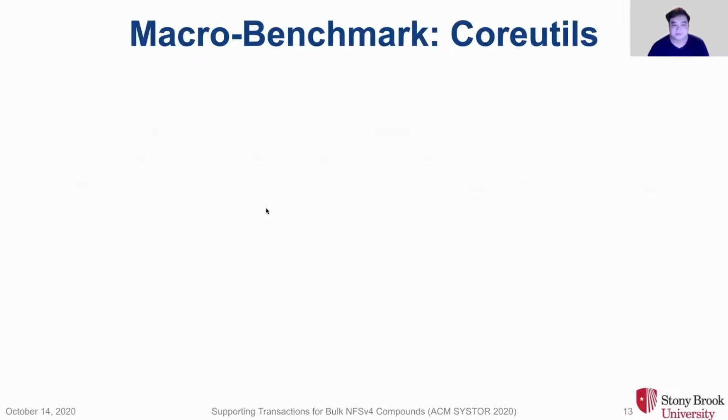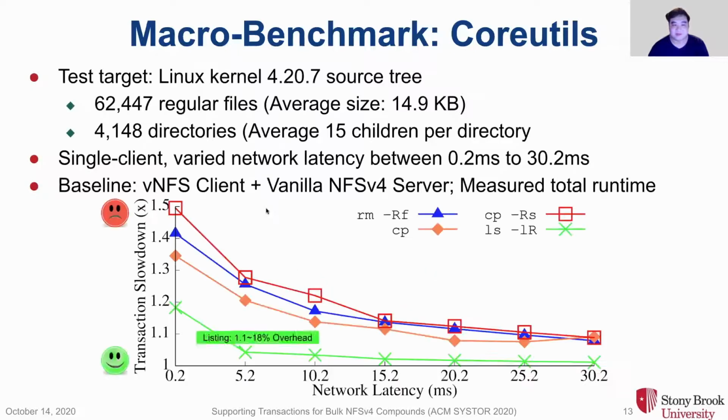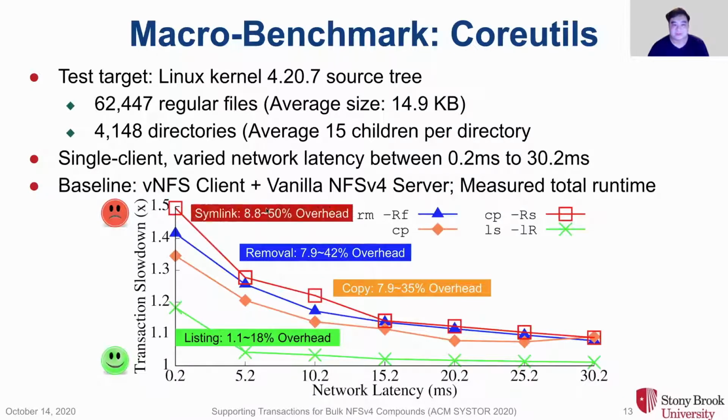We also performed some macro benchmarks using real-world applications. We experimented with query utils by recursively listing, copying, removing, and symbolic linking the Linux kernel source tree. In these benchmarks, we used a single client and varied network latencies. Results showed that the overhead of Tcnfs for real-world applications is modest, and as the latency increases, the overhead drops